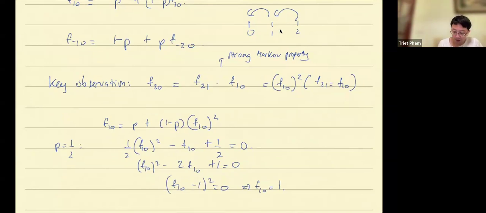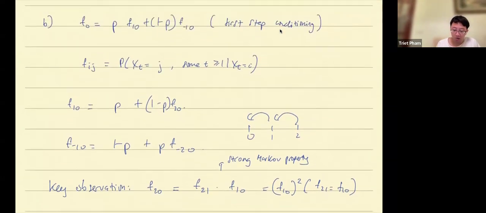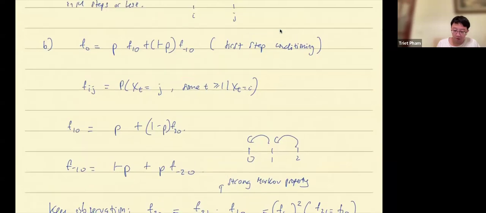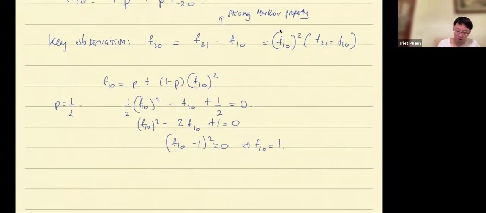It shows that you are guaranteed to return to 0 starting from 1 if the random walk is symmetric. But then, by symmetry, you are also guaranteed to return from the other side. Therefore,